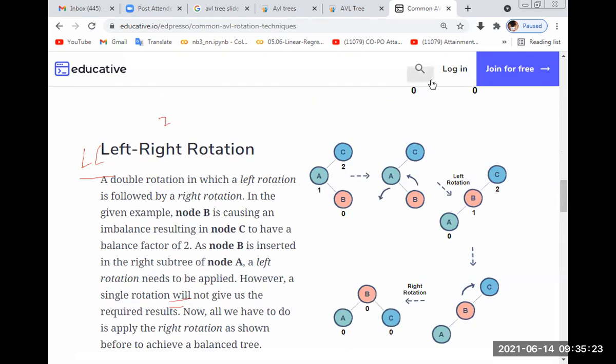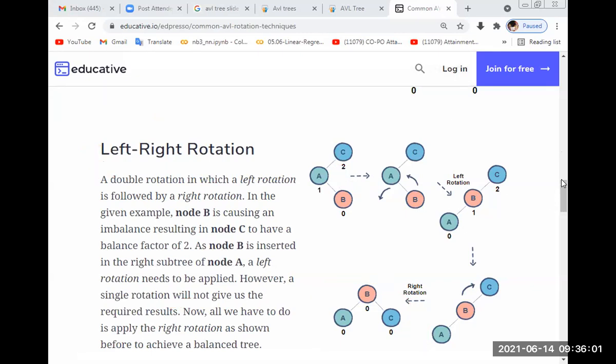In another way, you have to remember that if there is a left right problem, you just place B here and this element on the right side. When there is a problem, you just move this node upward and this root node comes to the right side. See here, this node moves upward and this node comes to the right side. So this is the solution. In this way also you have to remember.